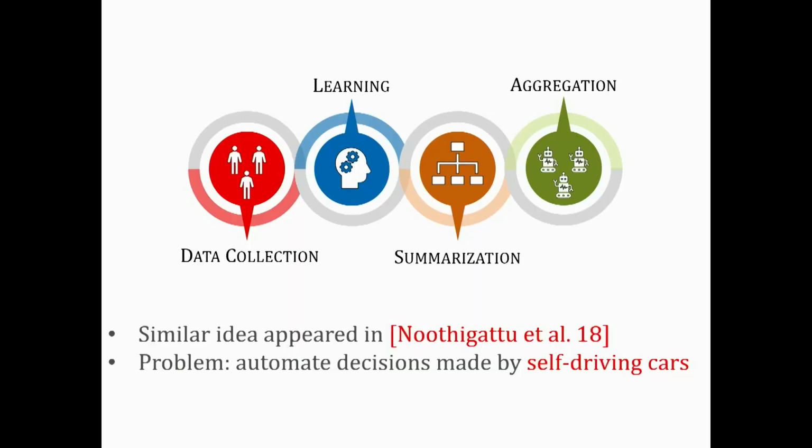So the virtual democracy we defined is a more refined version of a similar pattern defined by a different paper by Nuthikatu et al. For self-driving cars, of all things. So the idea here, perhaps you remember this discussion when self-driving cars were at the top of everyone's mind, was you have a self-driving car, it's about to get in an accident, should it save the driver, or should it save someone else? So really the virtual democracy framework is a refinement of this framework that had extra steps.